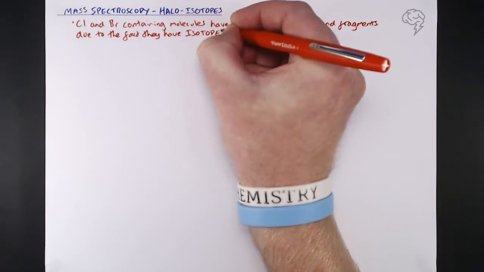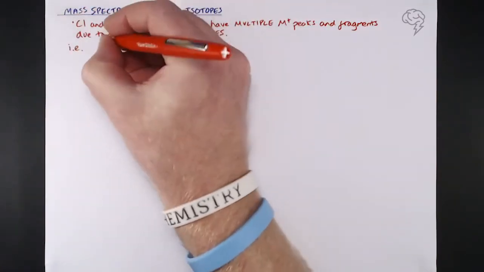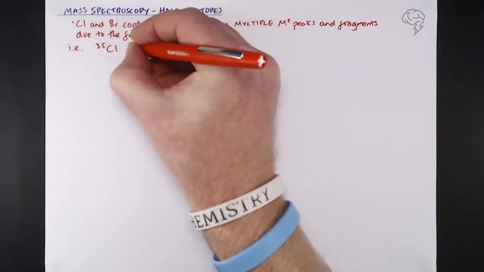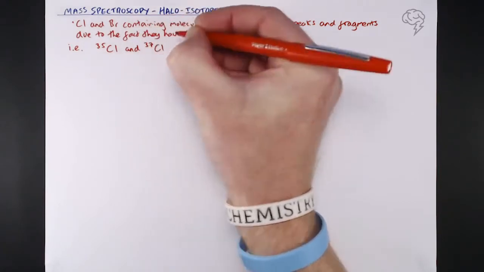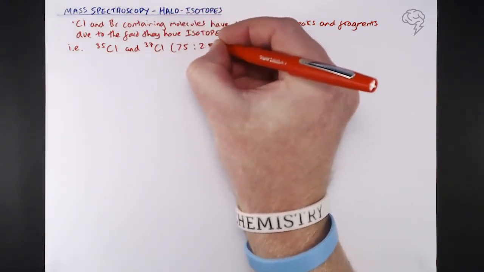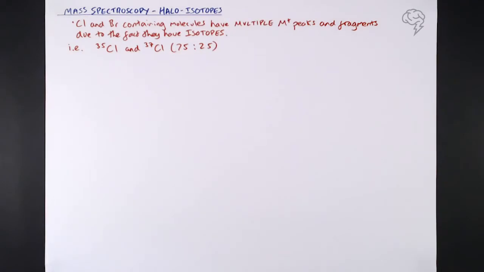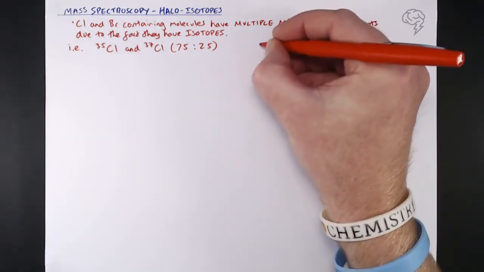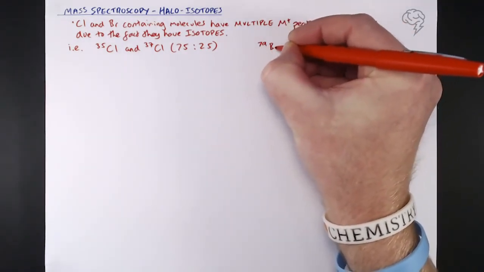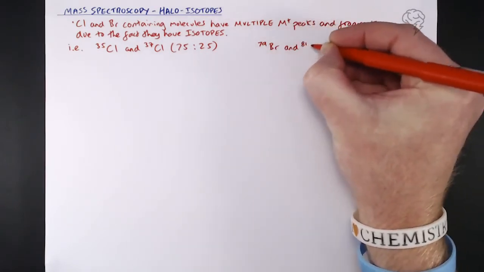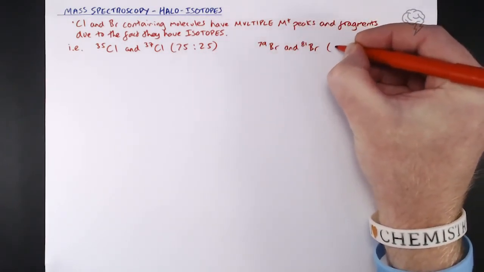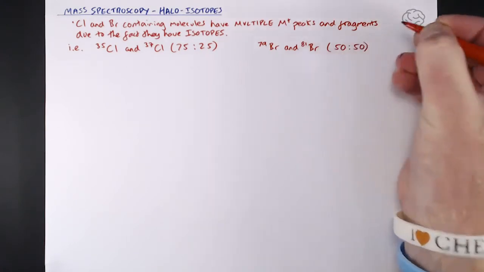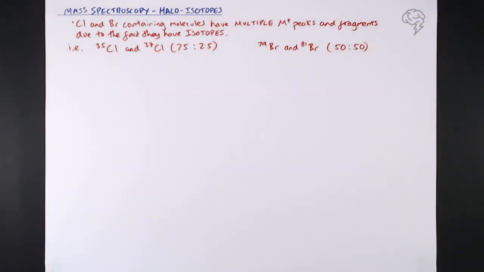isotopes. So for that fact, chlorine has got two isotopes, chlorine 35 and chlorine 37. Now they're in existence in a 75% to 25% ratio, or 3-to-1 ratio, whichever way you want to think about it, but I'm sticking to 75-25. And of course, bromine, another common compound, we're going to have bromine 79 and bromine 81. Okay, so those are our two common isotopes of bromine, pretty much in a 50-50. Okay, there is another one or two bromines, but these are the ones we're concerned about, 50-50 as far as